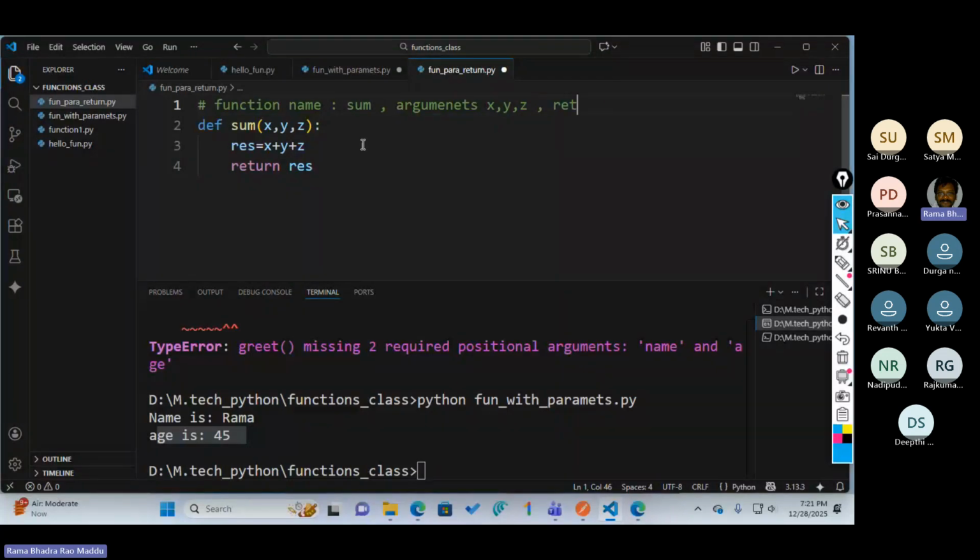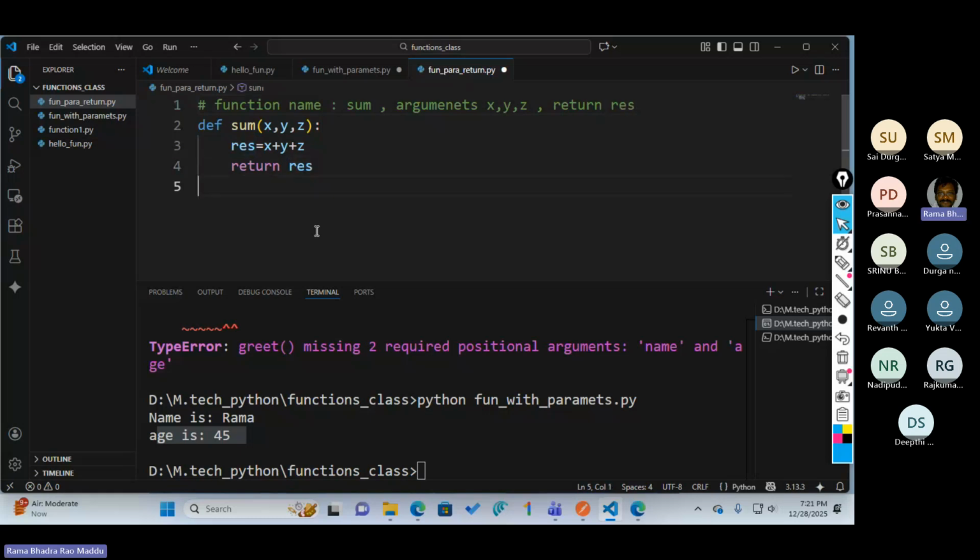Whenever we go to a marriage or some function, you go and give your attendance as input and present yourself there. When you come back from the function, they give some return gift. After completing the function, it gives something. That is nothing but return. Here our returning result, res, is the return.